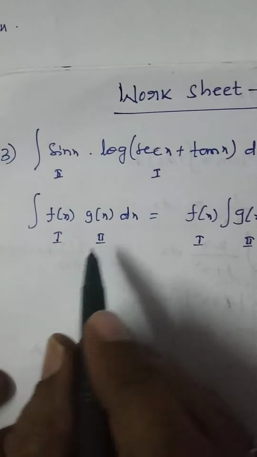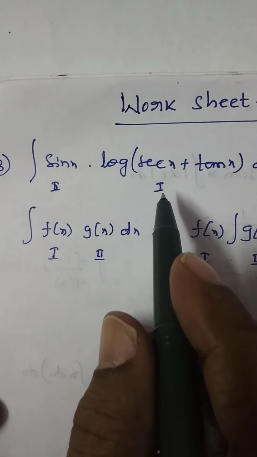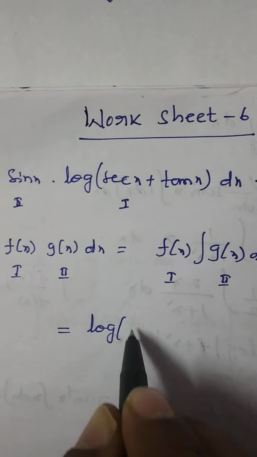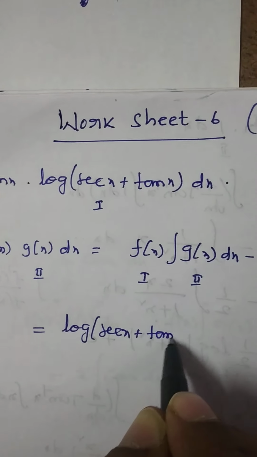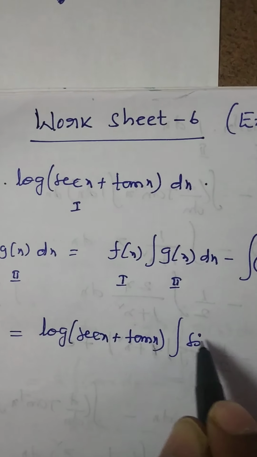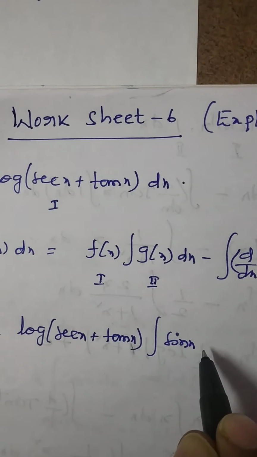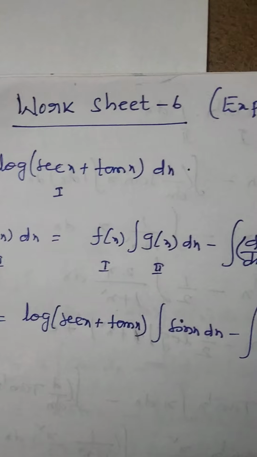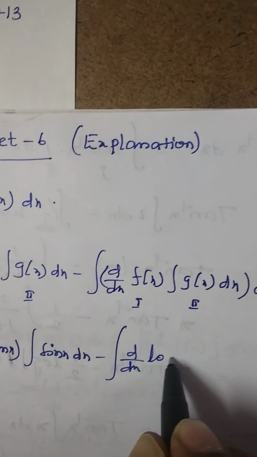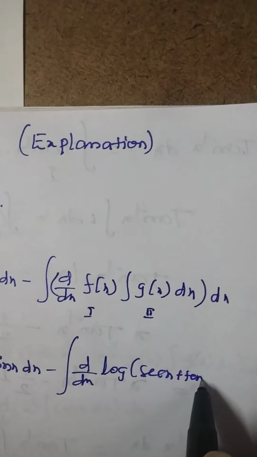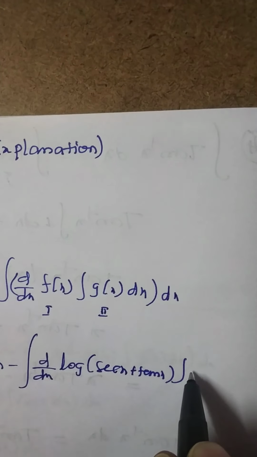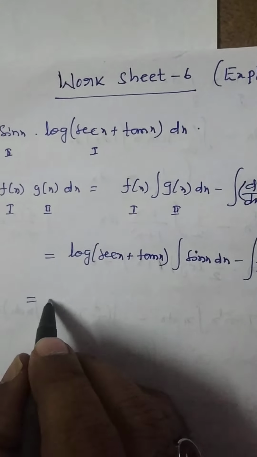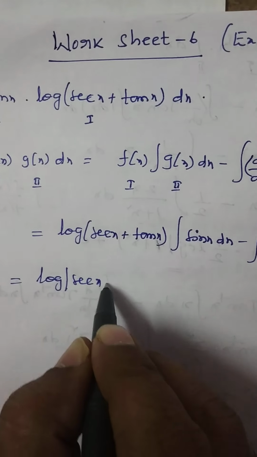According to that, I am taking the first function here as log of secant x plus tan x. So log of secant x plus tan x into integration of sin x dx, minus integration of the derivative of this function, d by dx of log of secant x plus tan x, into integration of sin x dx, whole dx. Okay, now log of secant x plus tan x